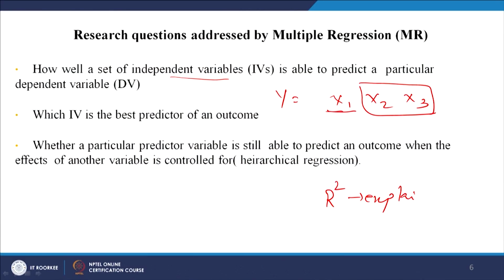That means, what we are saying is the change in R square. If you remember, we had explained what is R, the multiple coefficient of correlation, and then we said R square is the coefficient of determination, and it is the explained variance. So, if there is a change in the explained variance when you take 2 different outcomes in blocks, then we can understand what is the change due to the influence of the other new variables that have entered. This method is called the hierarchical regression method, which I will be explaining later on.